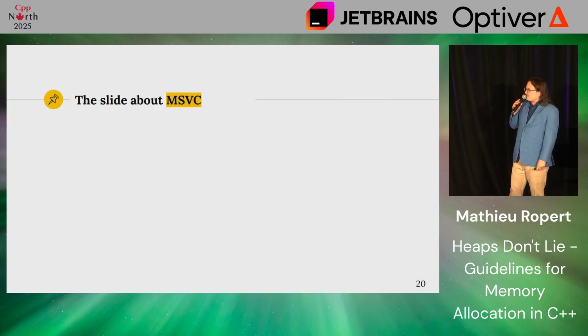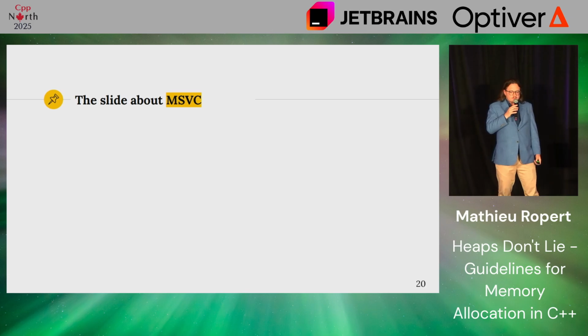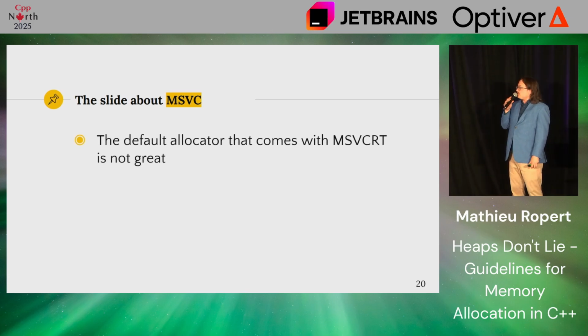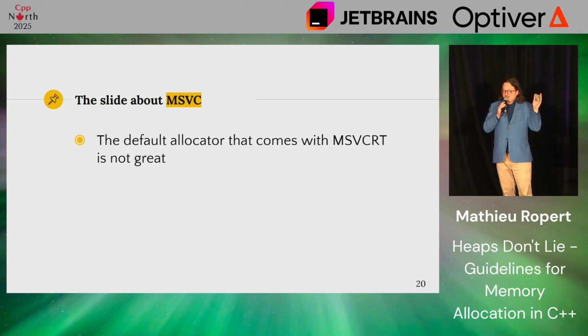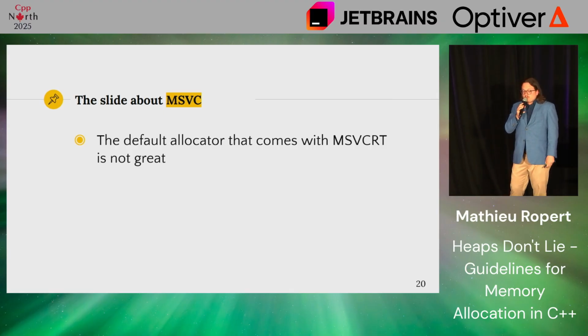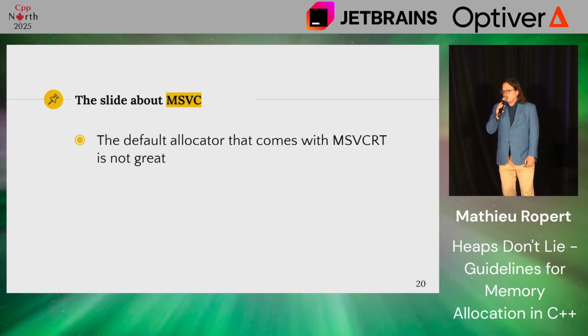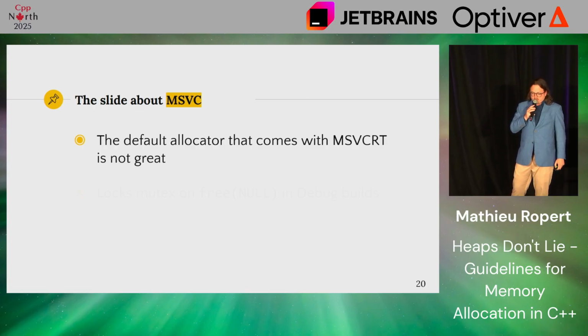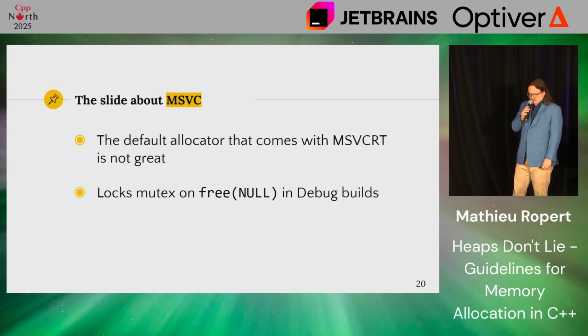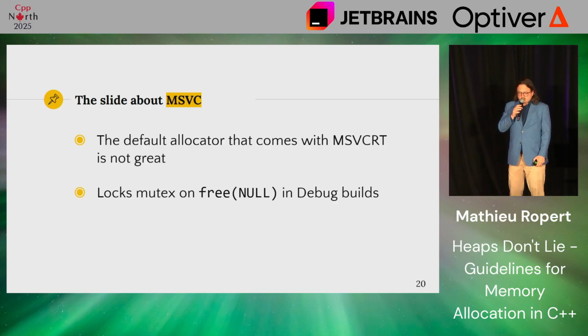Which brings me to the magical slide where I rant quickly about Microsoft. So I worked in games a lot of the time, especially when I cared about performance, in the past 7 years. And turns out the default allocator that comes with your MSVC is not very good. I would almost say it's bad, but let's stop at not good, just because this is recorded on YouTube. And hi, Microsoft, I'm consulting if you're interested. Anyway,